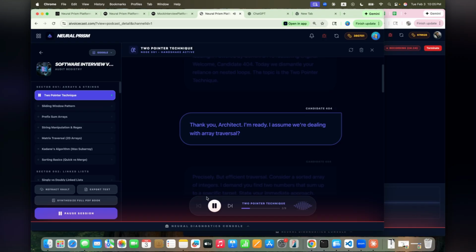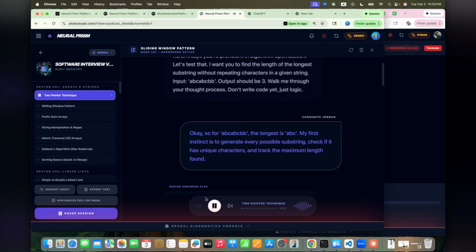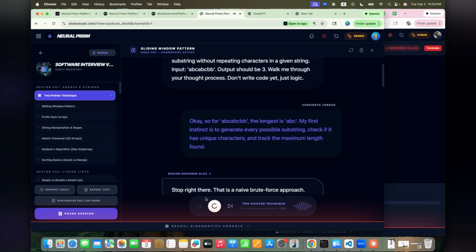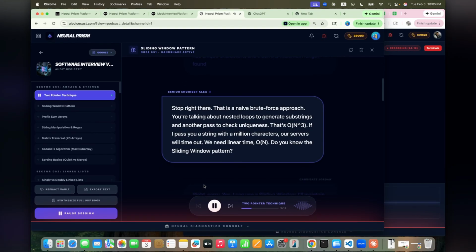Thank you, architect. I'm ready. I assume we're dealing with array traversal? Precisely, but efficient traversal. Consider a sorted array of integers. I demand you